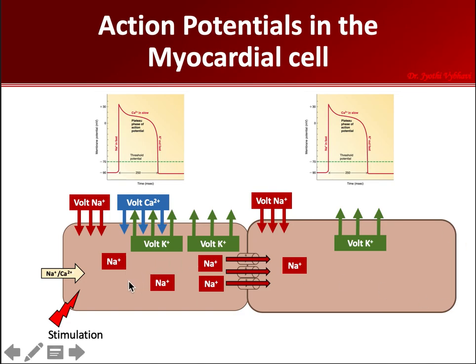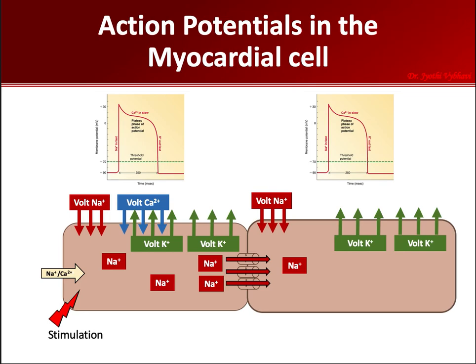So the first cell is stimulated, there is depolarization, repolarization. Because of this gap junction, the sodium ions, just cations, travel to the next cell, that is the second cell, and there is depolarization and repolarization happening in this cell. And the second cell stimulates the third cell, and the third cell stimulates the next cell, and so on. So what I'm trying to tell you is that in cardiac tissue, if one cell is stimulated, the entire cardiac tissue, connected with gap junctions, acts as a syncytium. The wave of depolarization and repolarization just flows through the entire cardiac tissue.